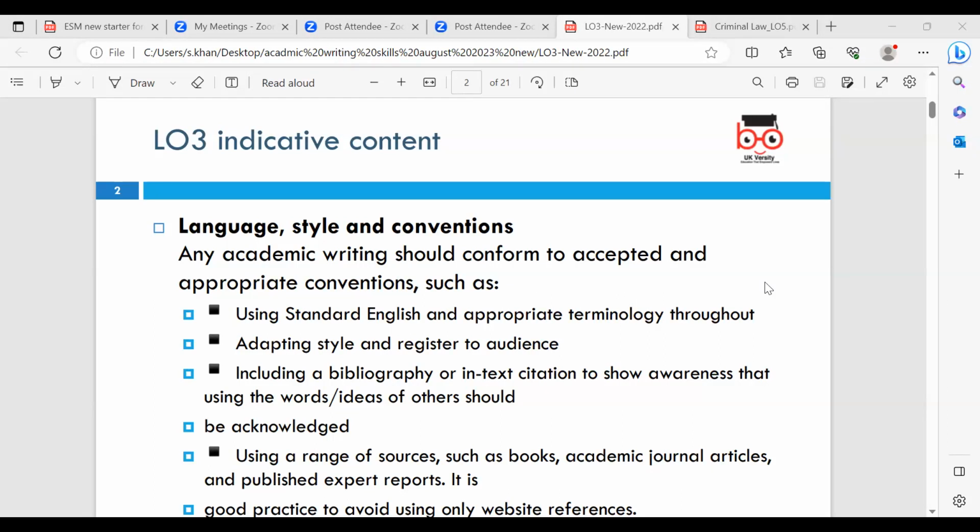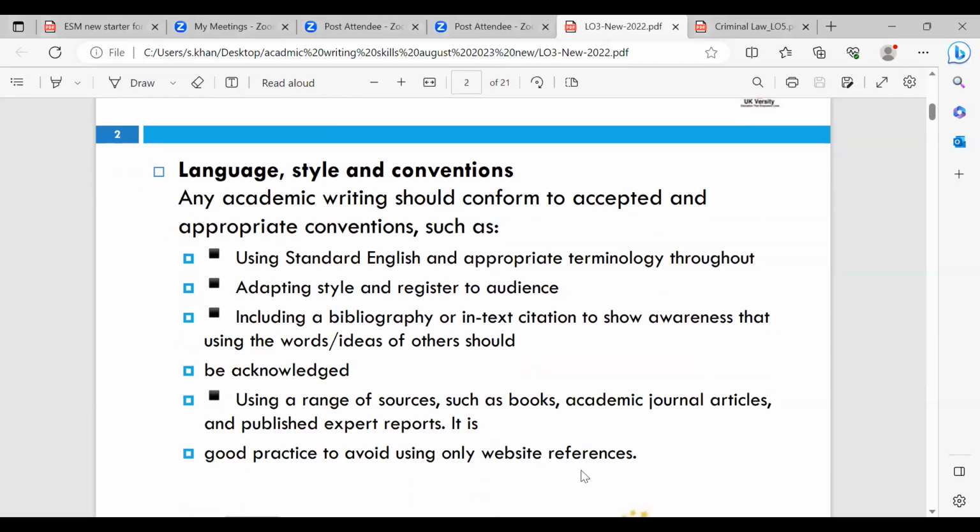So anything you take out, any quotes, any ideas or anything from a journal or from a book, you're able to reference it. And I did show people last week some referencing apps online, one called Cite This For Me, Harvard, and there's another one called Neil's Toolbox, which tomorrow when we're doing the assignment session, I'm going to do an overview of all the learning outcomes, so you've got a better idea, and I'll show you Neil's Toolbox.